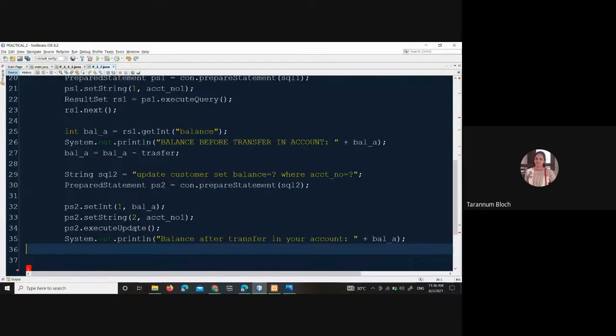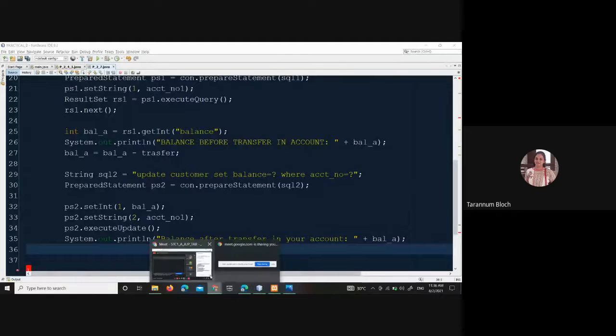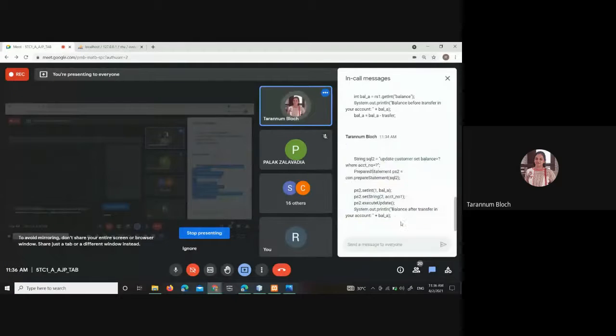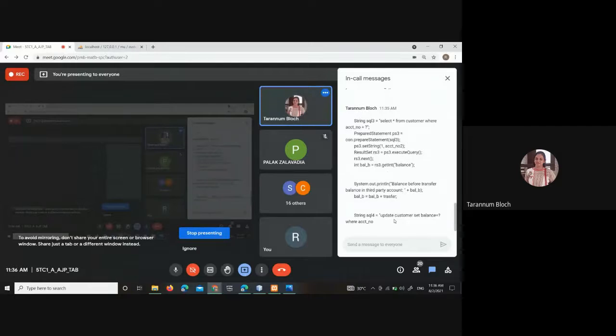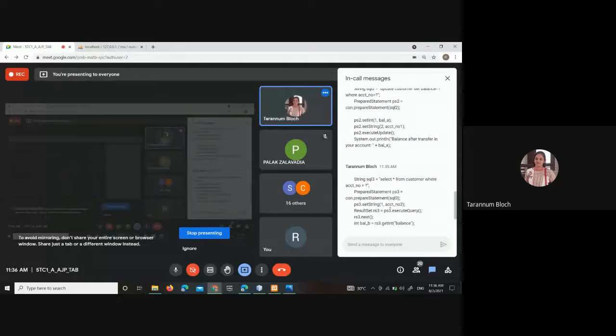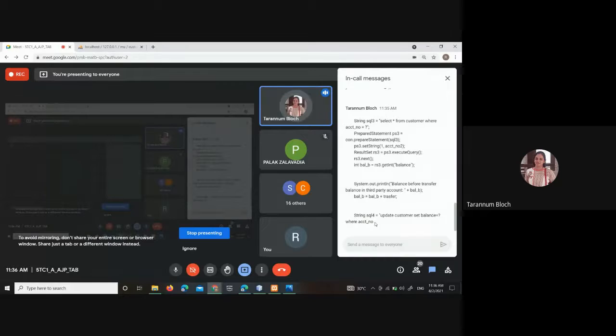Now same thing we have to do for account B, but instead of balance is equal to balance minus transfer, we will do balance is equal to balance plus transfer. Fine. So I'm giving you the entire code now, and at last we have to say commit and close. So everybody take this entire code. Now it is exactly same. So you're taking from integer SQL, string SQL 3.